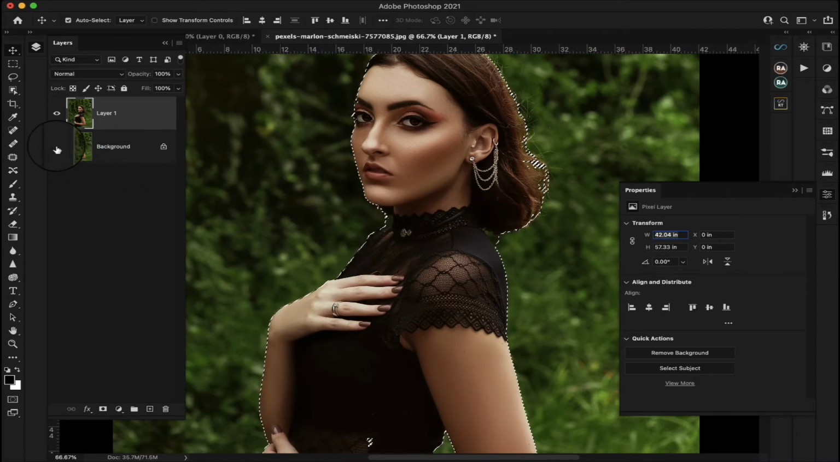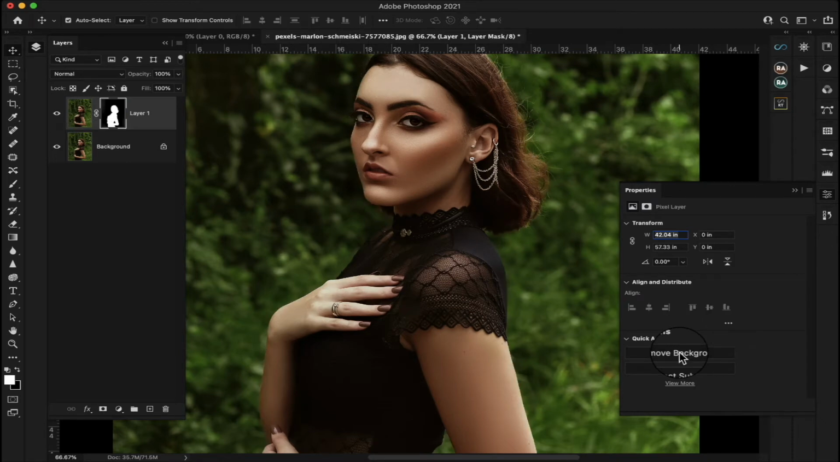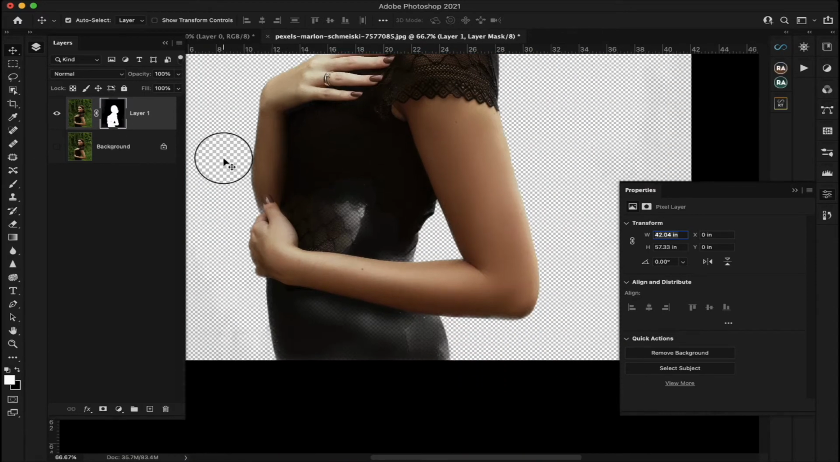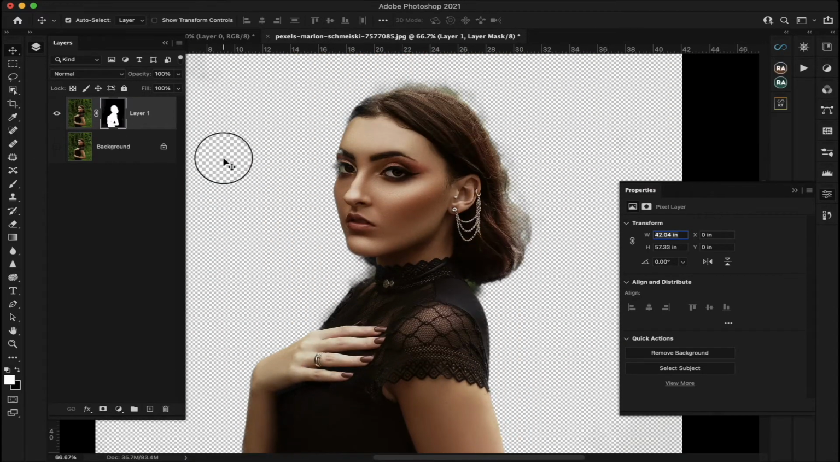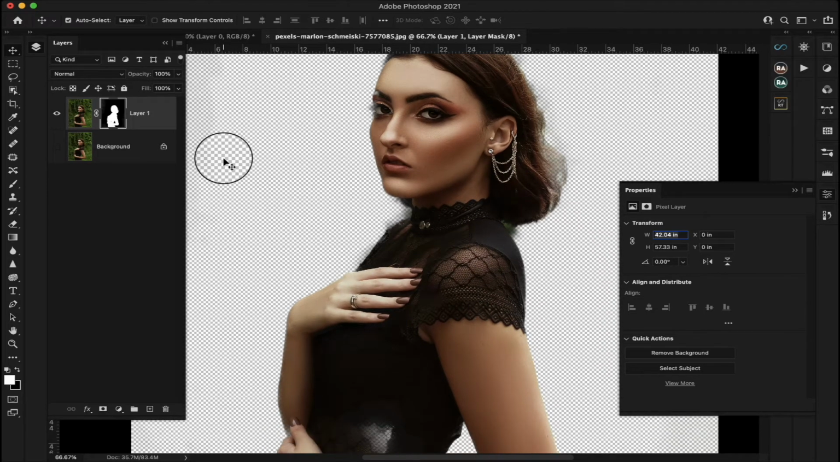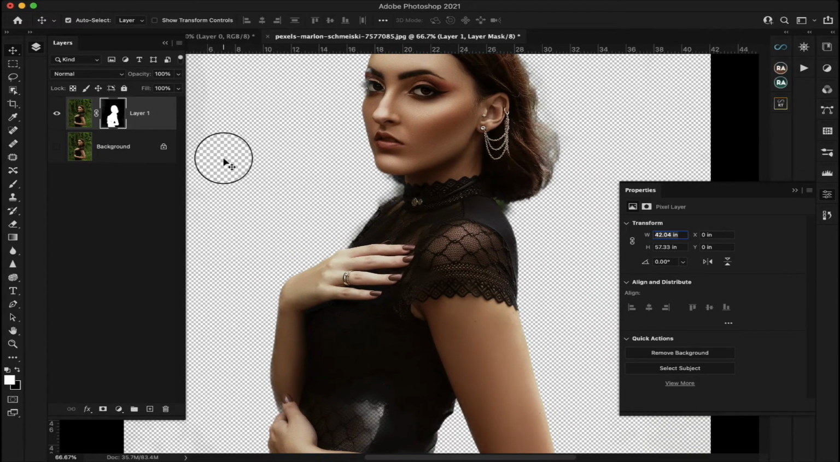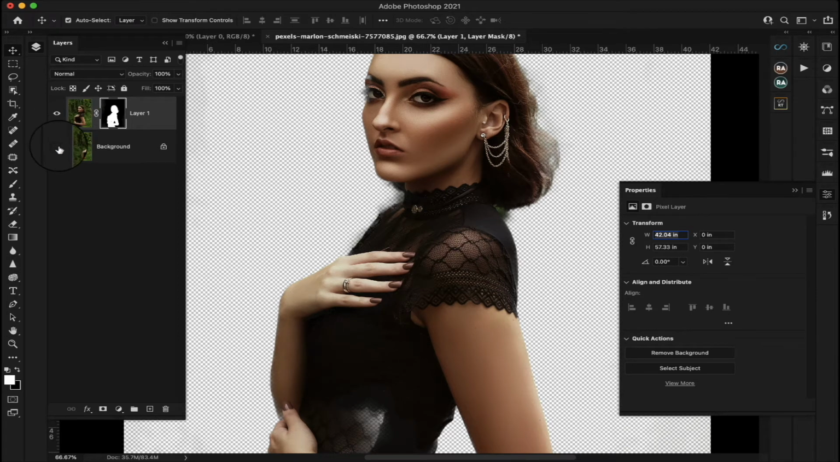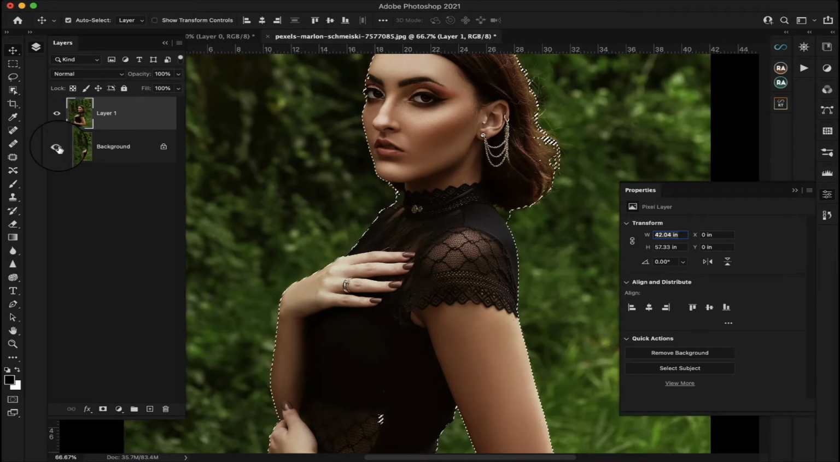So if this wasn't here, let's just do remove background. And let's remove that one. It did a good job as far as making the selection. It's not perfect, but again, like I said, this is just a starting point. So we're going to go back, Command Z,